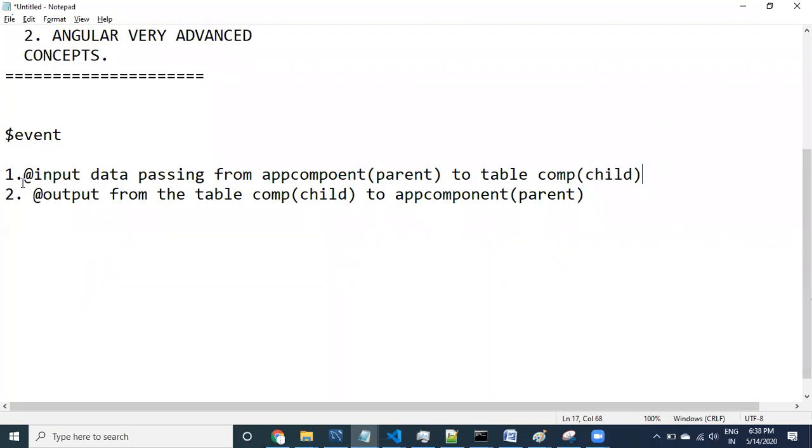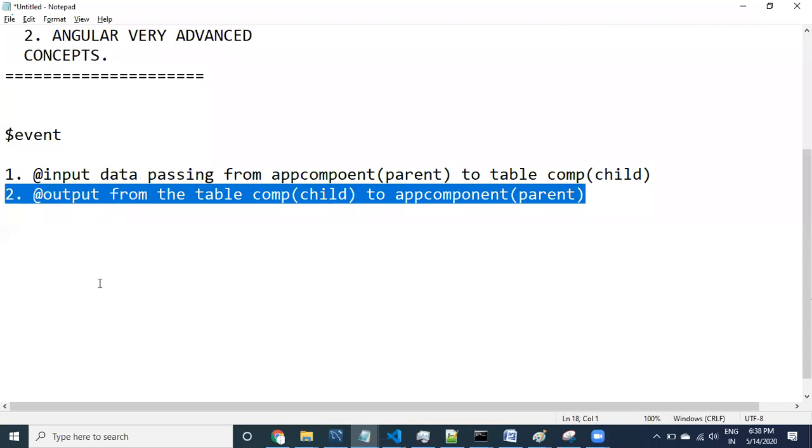So this is the difference between @Input and @Output. I don't want to do the whole steps in one single shot. I just want to show you step by step.